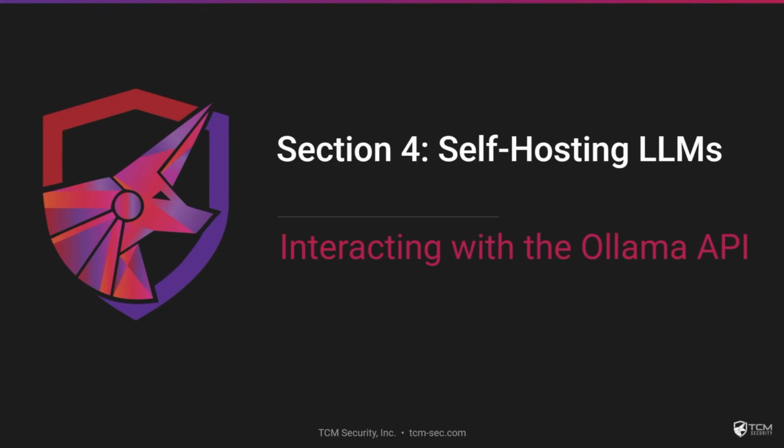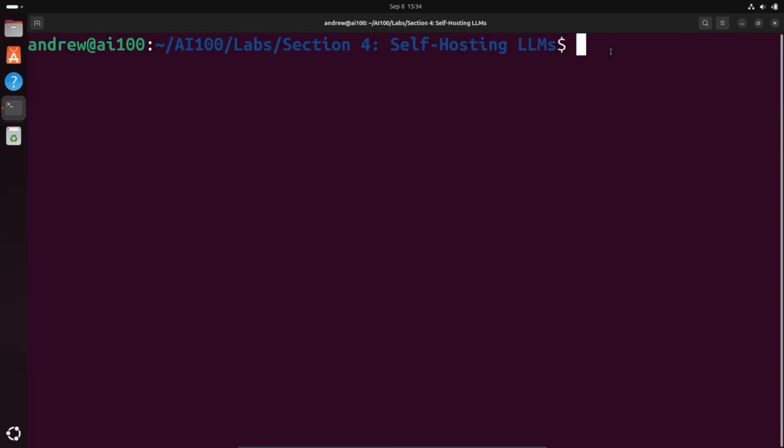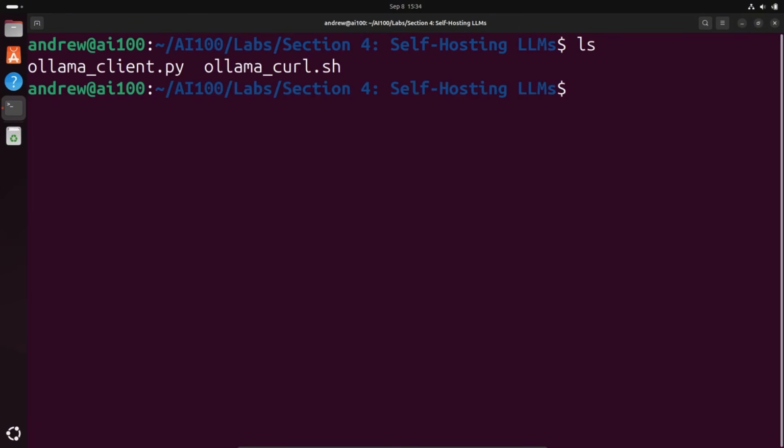So let's hop over to the virtual machine now. Inside of the labs directory, head over to section 4, and then inside of there are 2 scripts which I'm providing. So we're not actually going to be looking at writing any scripts in this because it's not a programming course per se. However, I did want to give you an idea of how you can programmatically interact with the